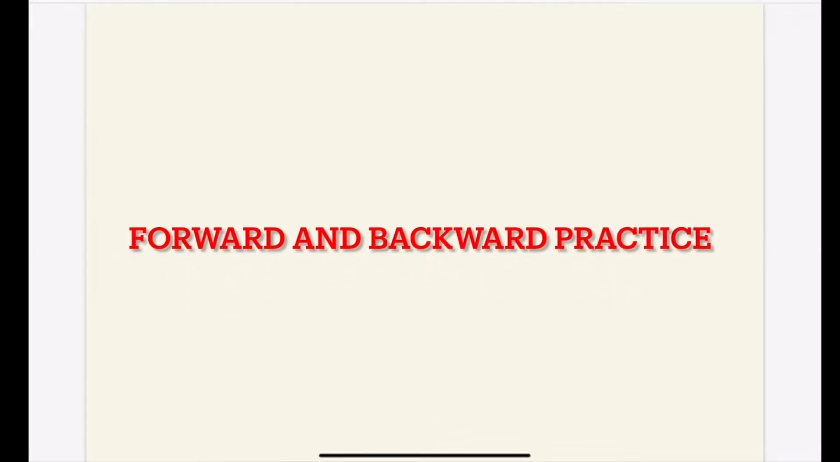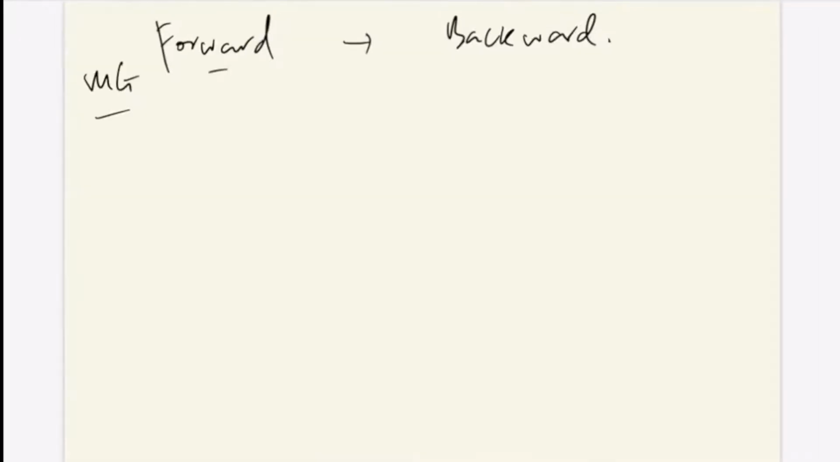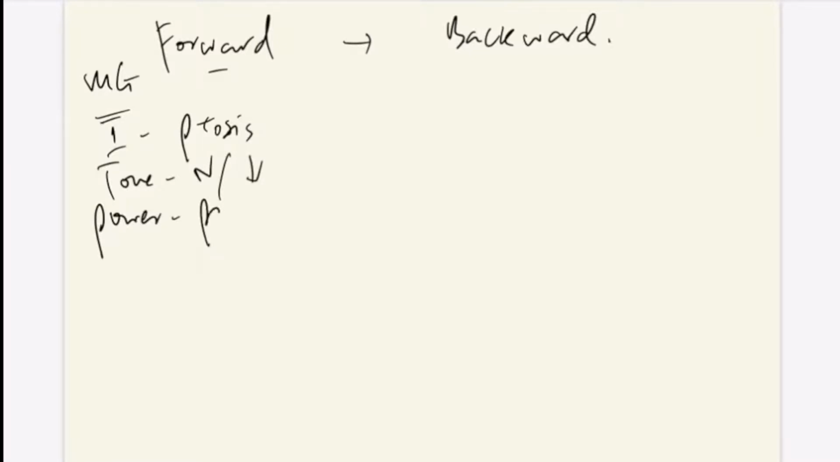Today I'm going to talk to you about forward-backward practice. For example, we have myasthenia gravis. For myasthenia gravis, when we do inspection, what you will see is perhaps ptosis. When you examine the tone of the upper limb, it is normal or reduced. Then when you check the power, you will have proximal weakness. And then when you check reflexes,